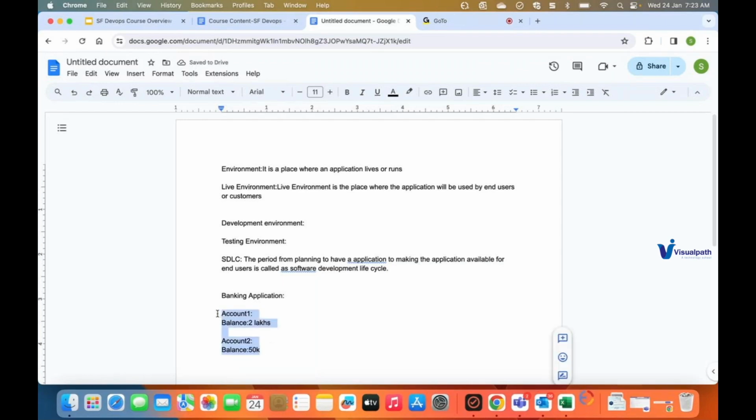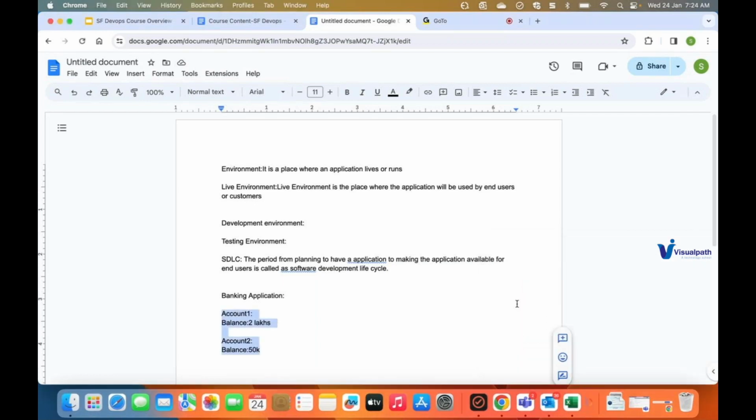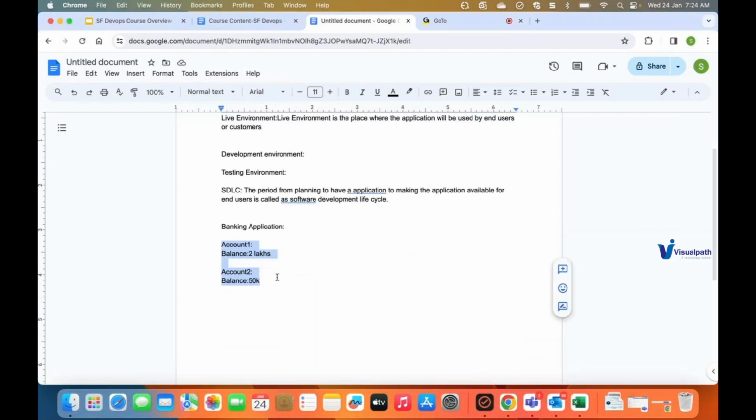Now, when it comes to a banking application, the primary purpose will be to transfer money from one account to another account. Each person will have a separate bank account, and they will transfer money from their accounts to some other account. So if you take the case of this particular banking application,